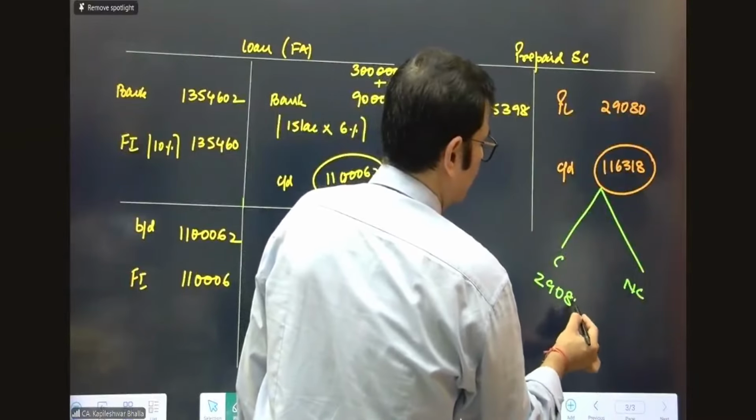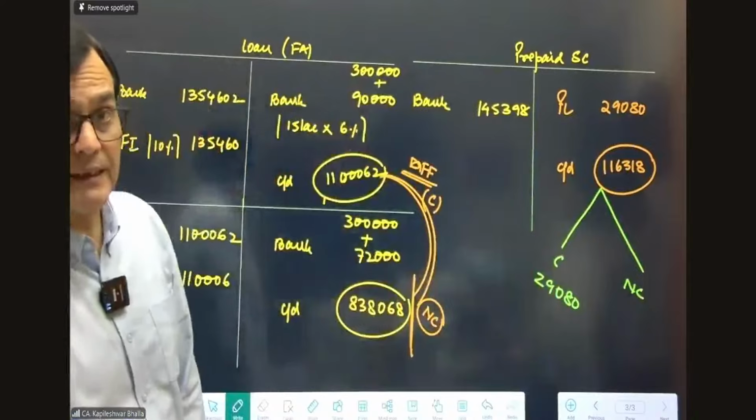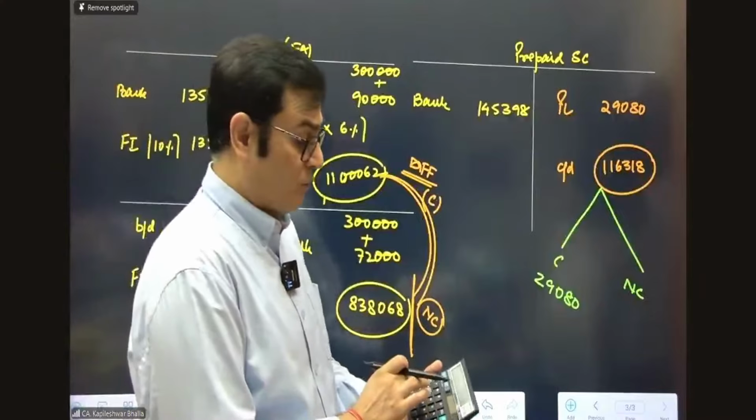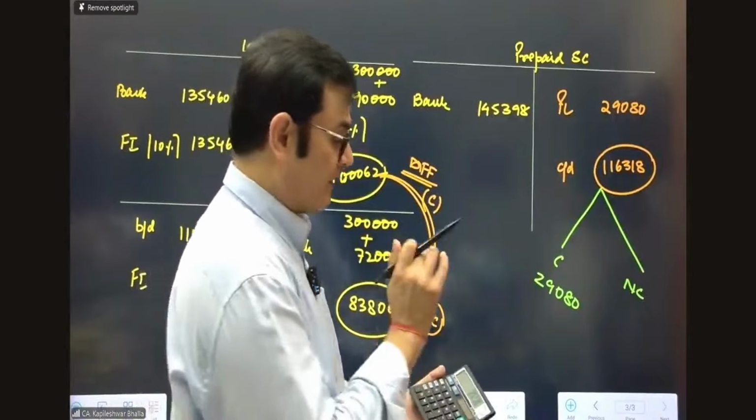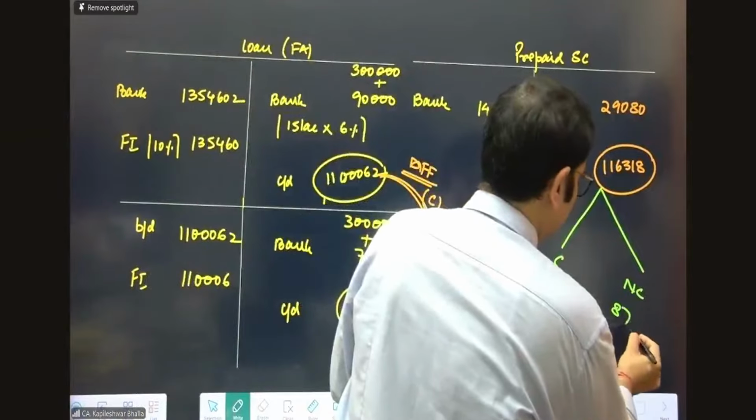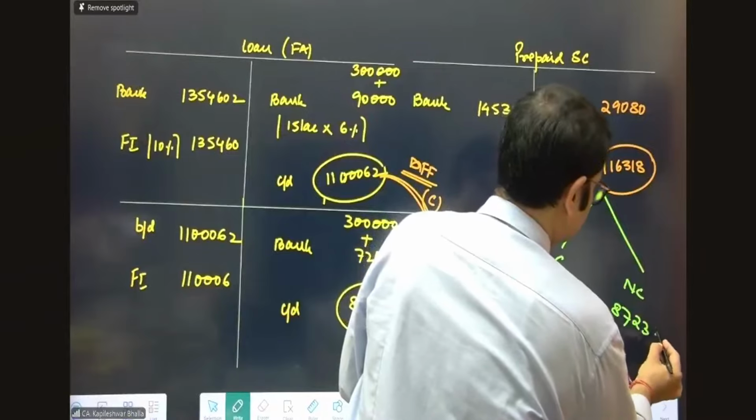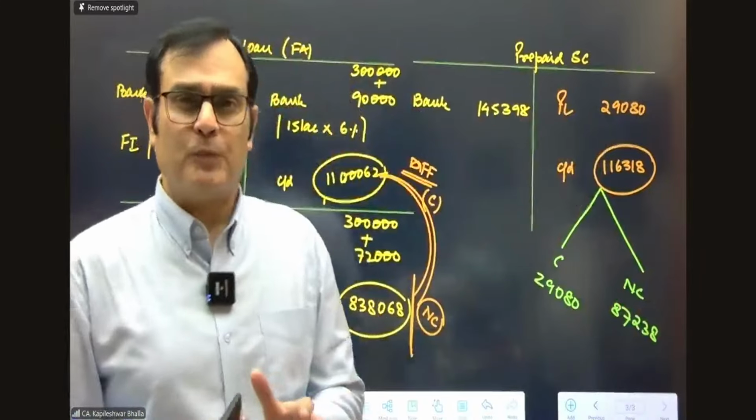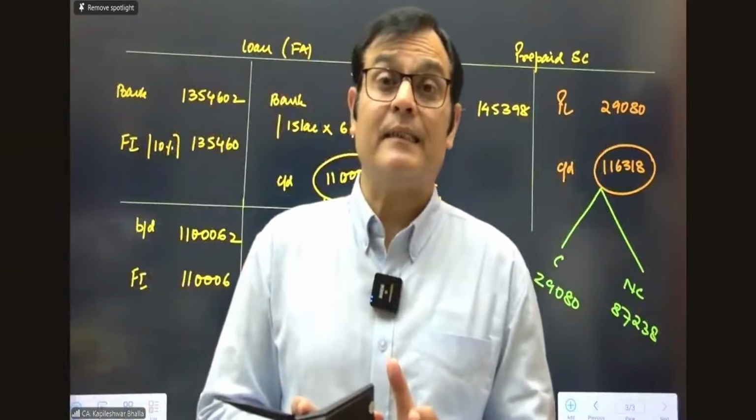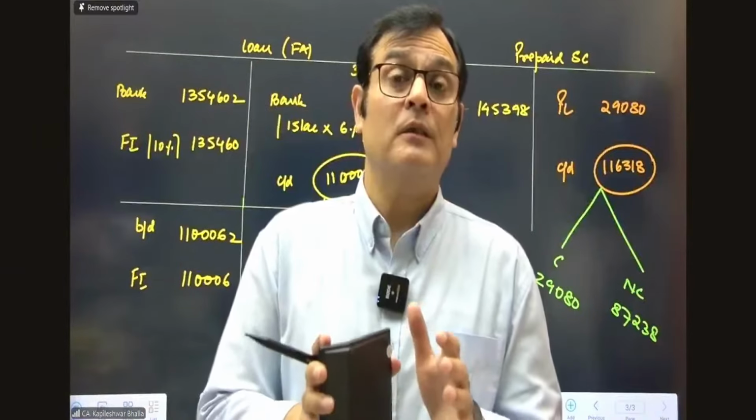29,080 is going to be amortized in the next year. That becomes current in nature. And the rest, 116,318 minus 29,080, 87,238, that becomes non-current in nature. So with these ledger accounts, we've also been able to organize the elements for balance sheet presentation, what is current